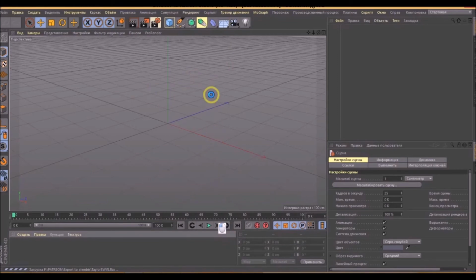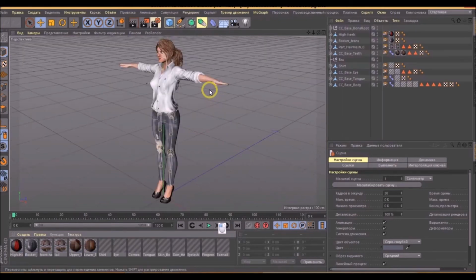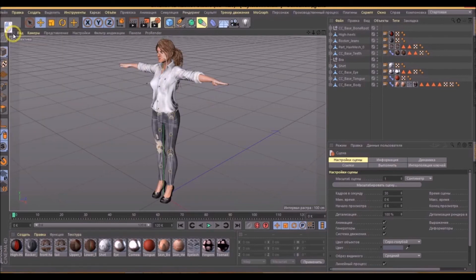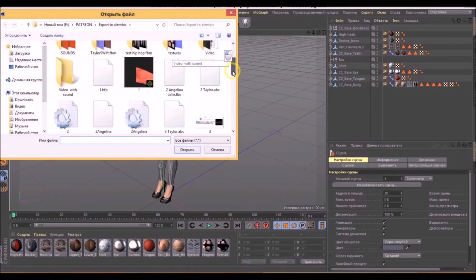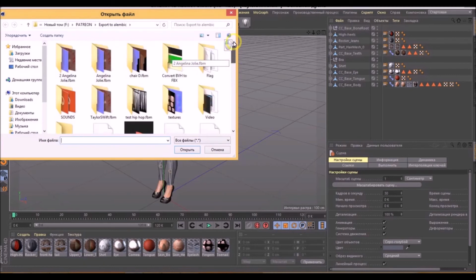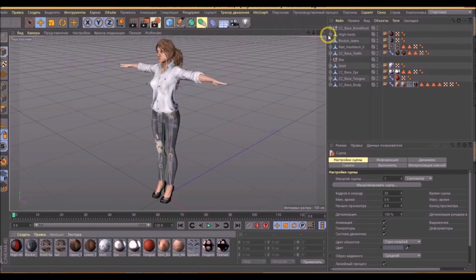And now we delete the model itself, meshes, bones in the outliner panel, since we no longer need them here. But make sure that all the material balls in the Hypershade panel remain there.